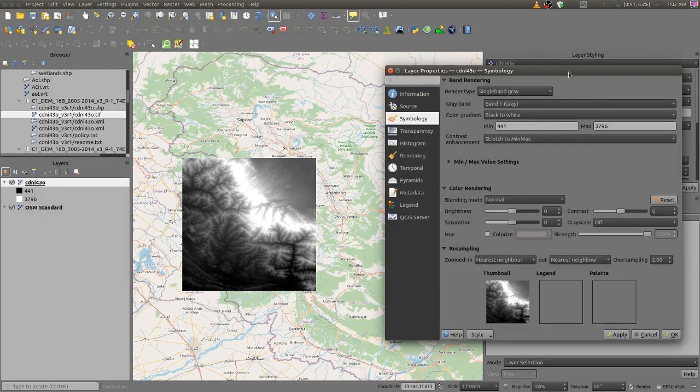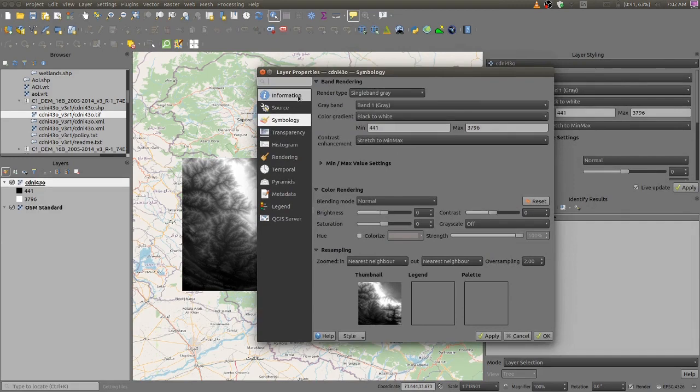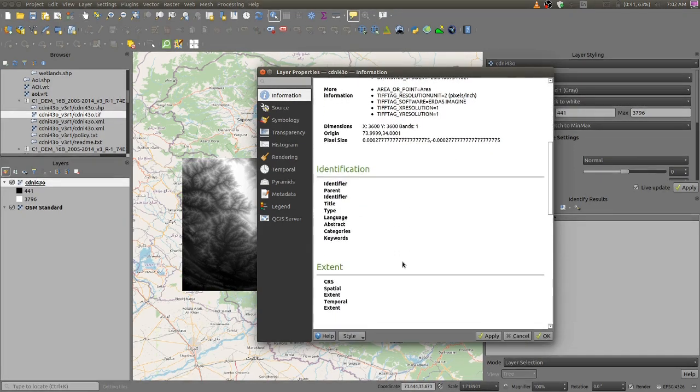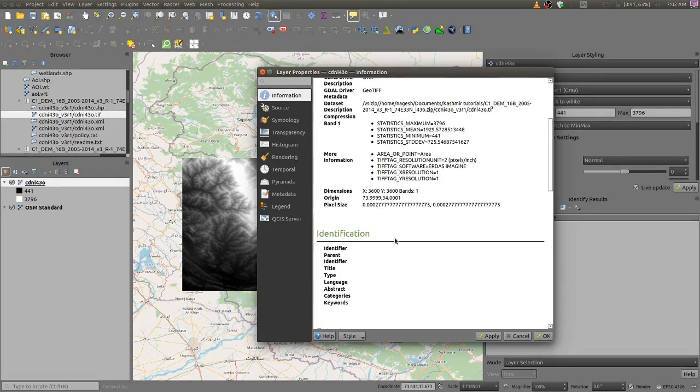This shows information about the DEM which we have downloaded, the extent of it, the maximum and minimum values, and the resolution, and all those things are given here.